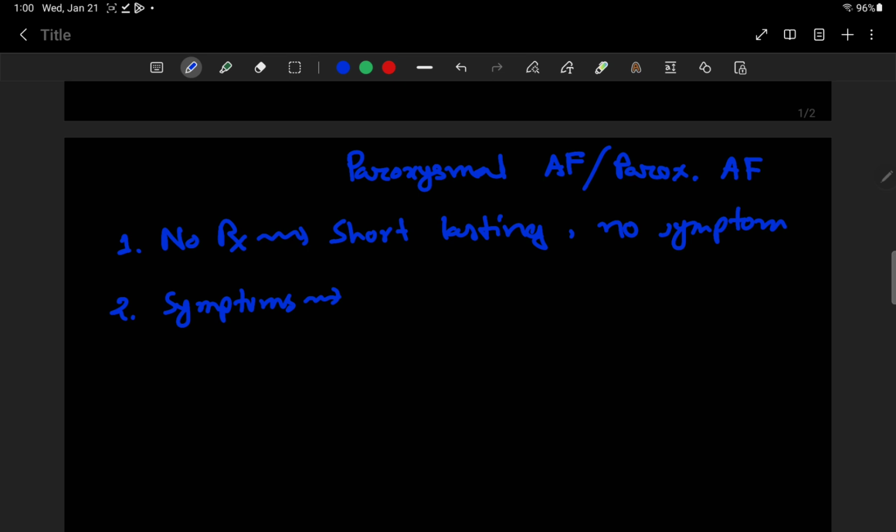Our first option will be a beta blocker. It is also useful if the patient has comorbidity of coronary artery disease, hypertension or heart failure. In that case, beta blocker is a very good option. Another option you can give along with the rate controlling drug is an antiarrhythmic drug.